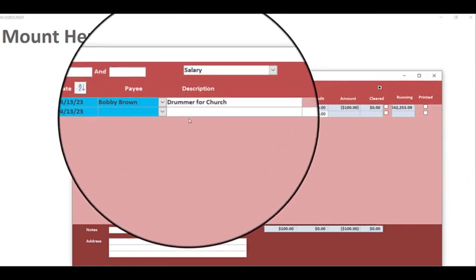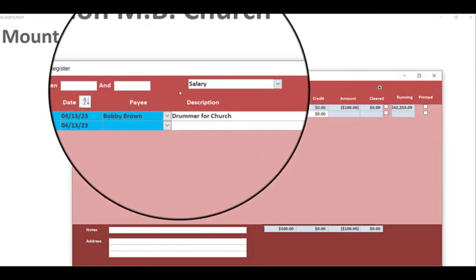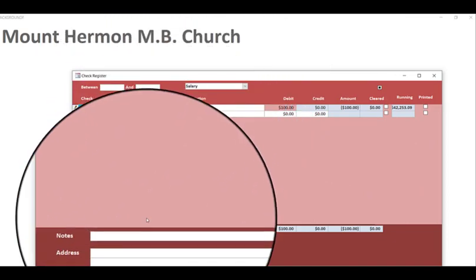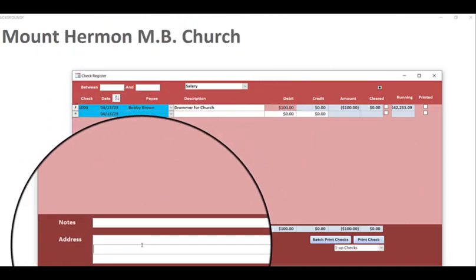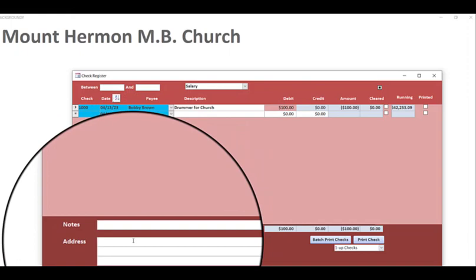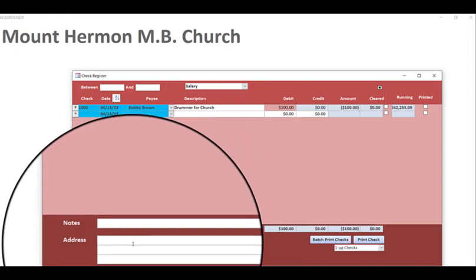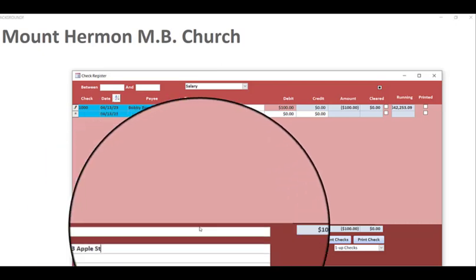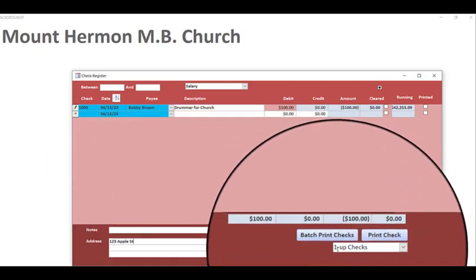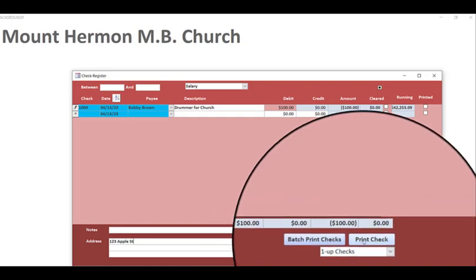And, okay, so we're going to pay him $100. And if you have his address, you can put his address down here. He lives at 123 Apple Street. Okay, so we're just gonna use one. We're just gonna pay one check. So it's just one check. So we're gonna print